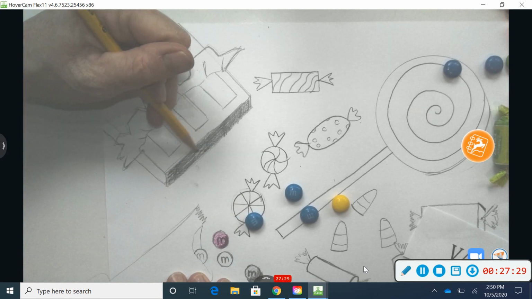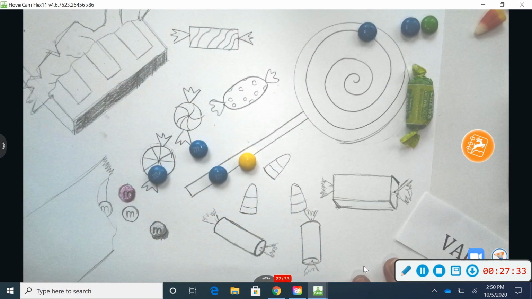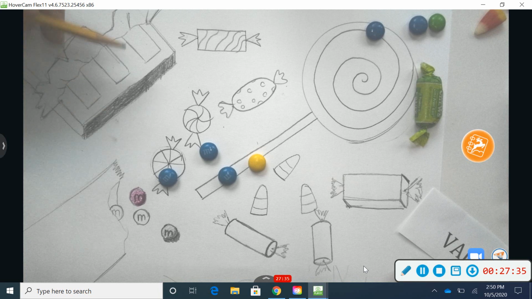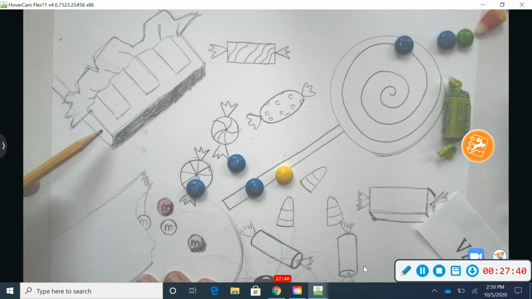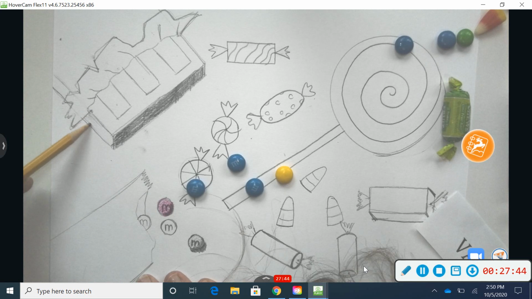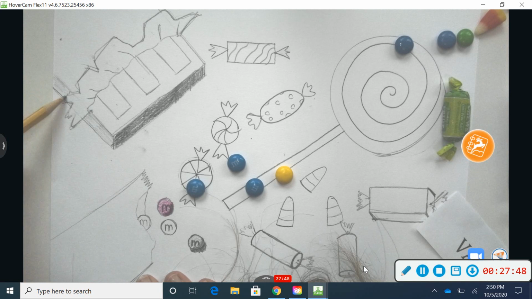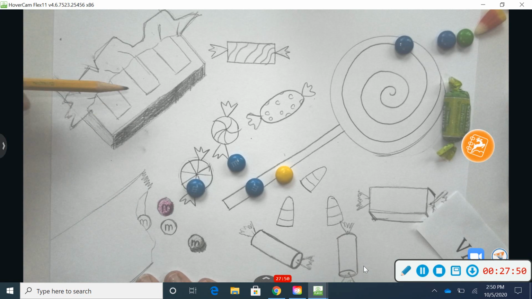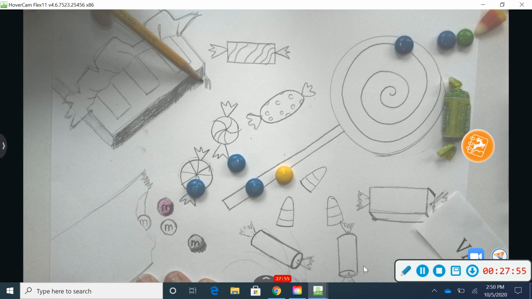By the way, if this is too complicated for you, just keep drawing some of these other pieces of candy. We want you guys to take it to what your level of comfort is, okay? So now, on this side, I would just make it just a little bit dark. And then I could also add a shadow, right? Maybe there's a shadow